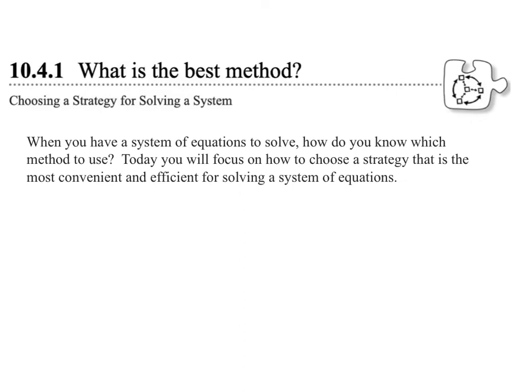Schultz here, and we're going to take a look at 10-4-1, second to the last section that we have of the year here. So 10-4-1, what is the best method? So we've learned a bunch of methods for solving systems. We've learned elimination, substitution, equal values, and so now we're just going to work on when do we choose each thing. So when you have a system of equations solved, how do you know which is the best method